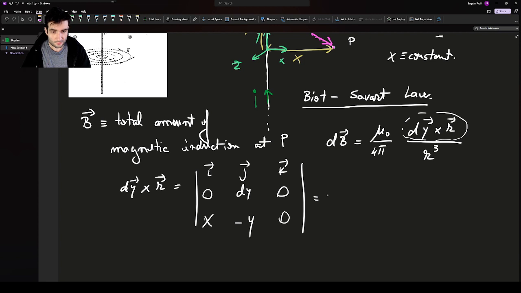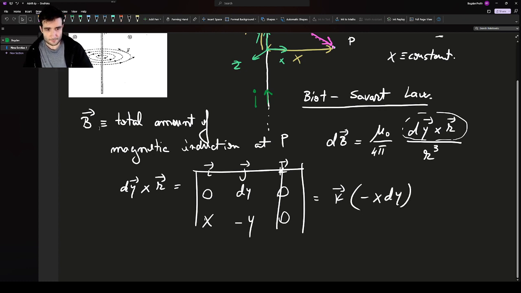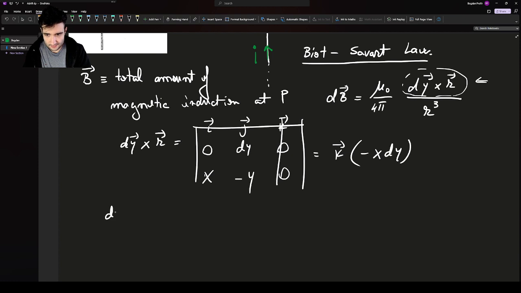So if we solve this determinant, you can see that it only has a k component, and this would be minus x dy, and that's it. So we can sub this in here, and that will tell us that dB will be equal to mu 0 over 4 pi, and then we have a minus from here, and we have x dy over r cubed